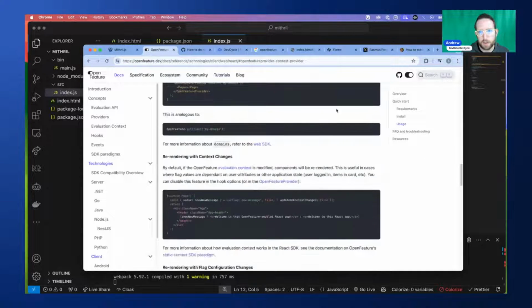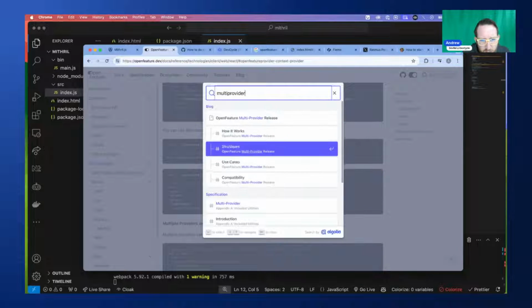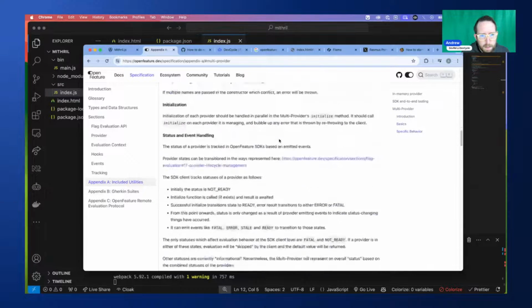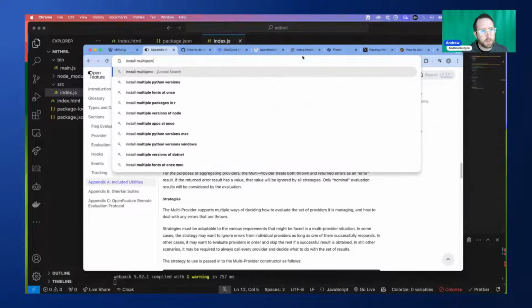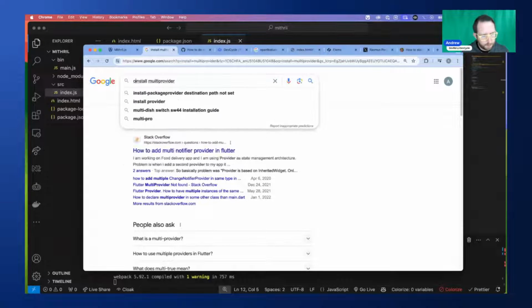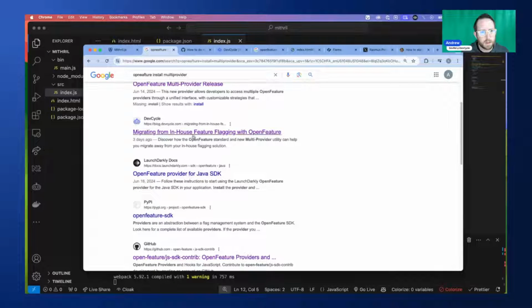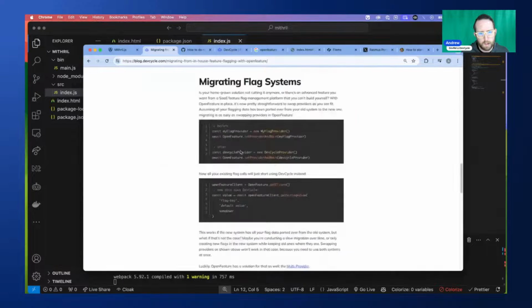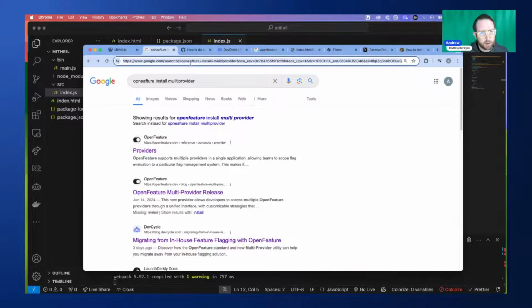Actually, let's install the multi-provider first. So multi-provider. That works. Multi-provider, include utilities. Is it going to show us how to install it? Install multi-provider. This is why I'm doing this. Multi-provider. OpenFeature. Did we write it in here? This is a blog post that we just published not too long ago. No, we didn't publish it in there. I think I did, maybe over